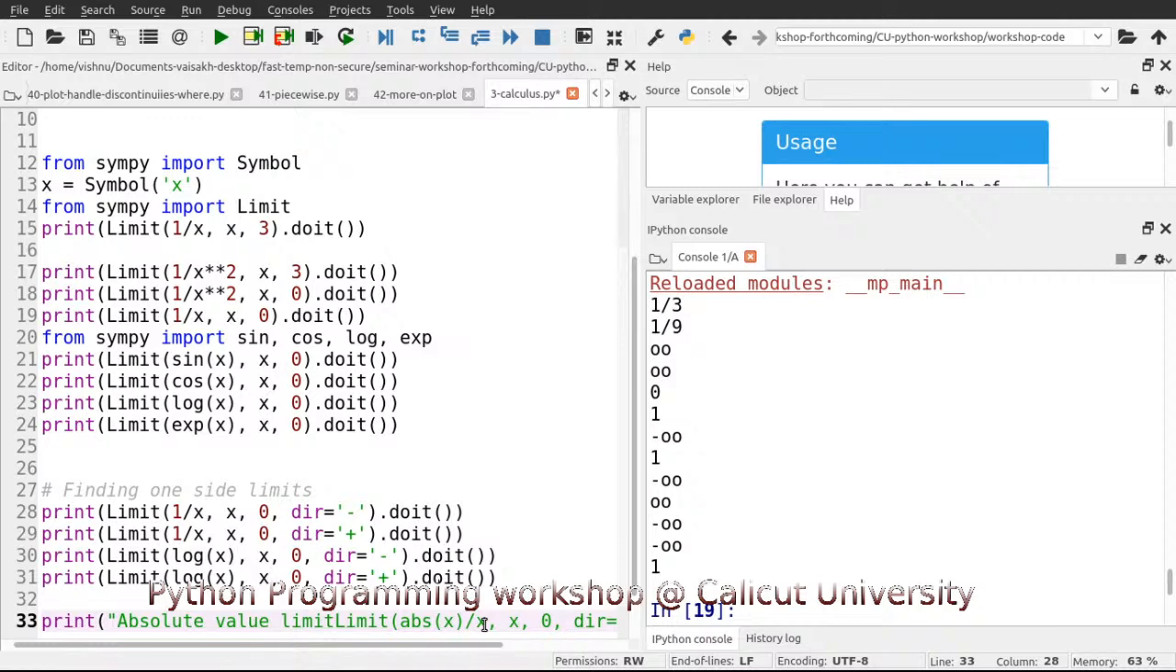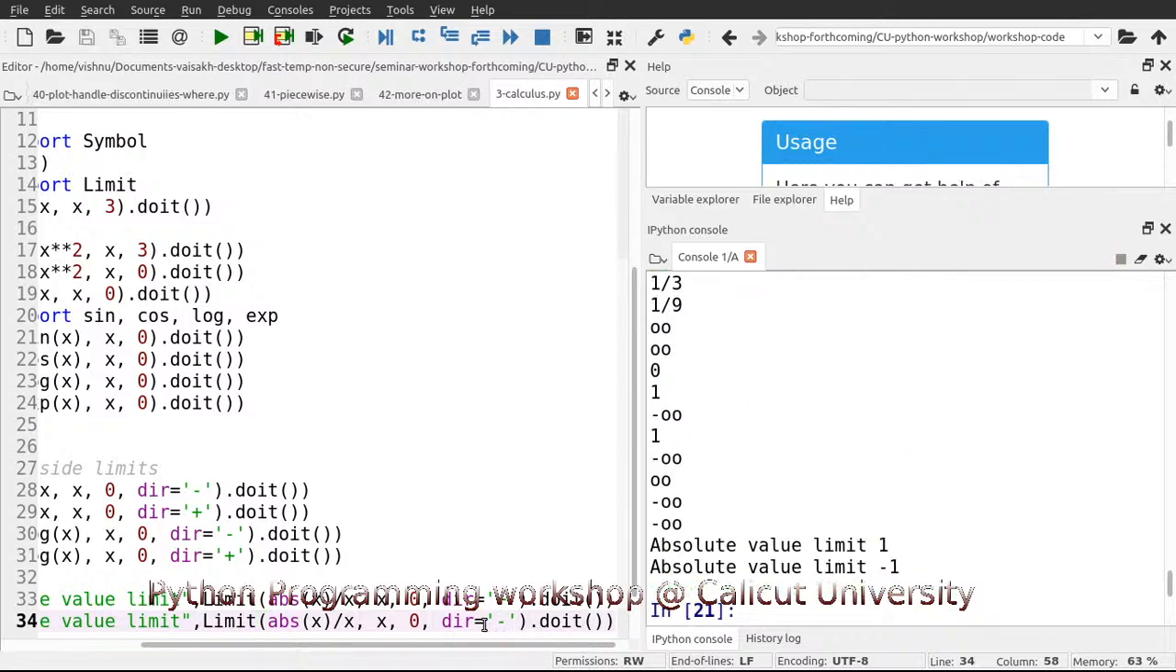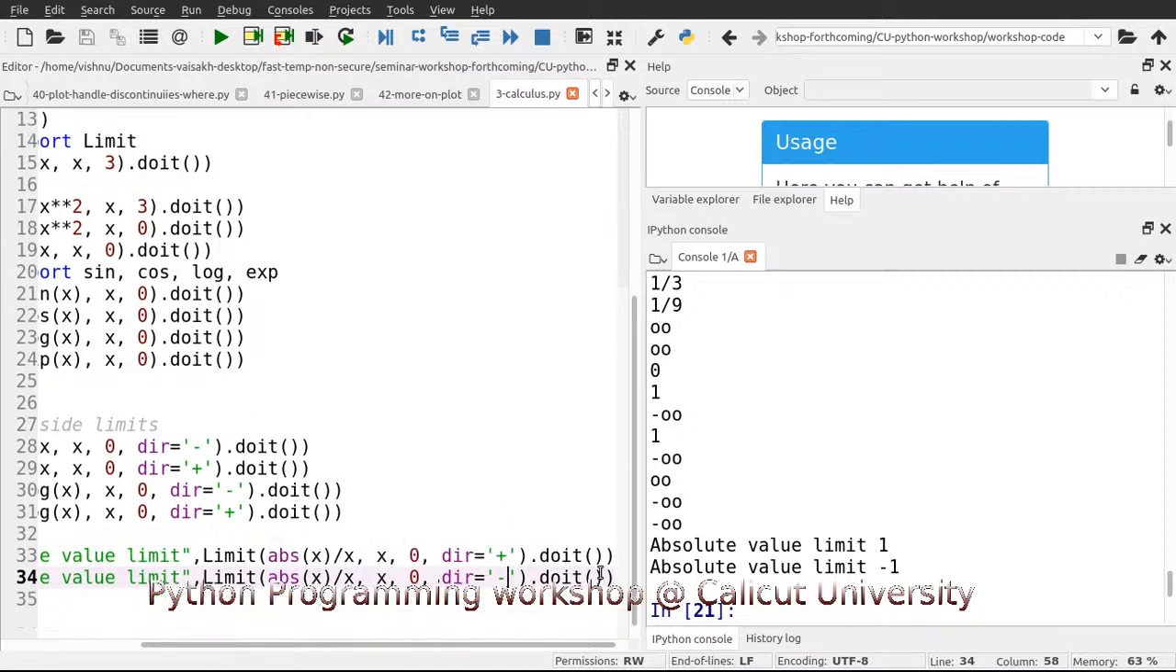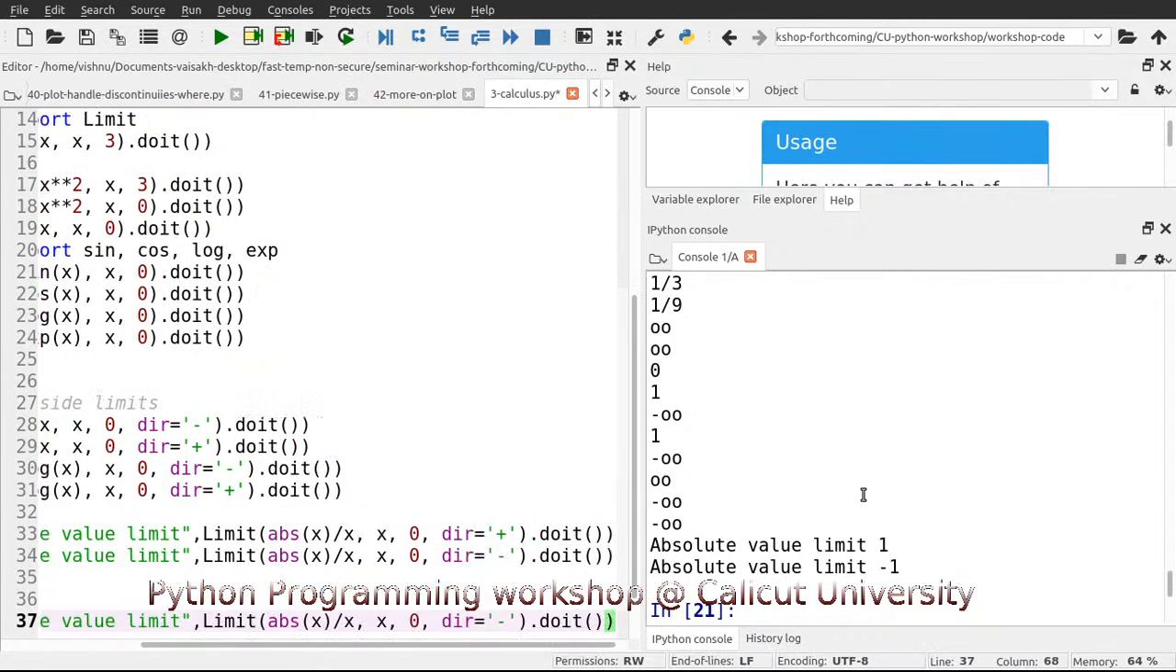To identify from where it's coming, let me put it like this. Okay, now trying with minus 1. Okay, that's minus 1, so it's giving the answer. So we can evaluate limits like this. Now infinite limit also can be evaluated, and for evaluating the infinite limit, we need to use the infinity available